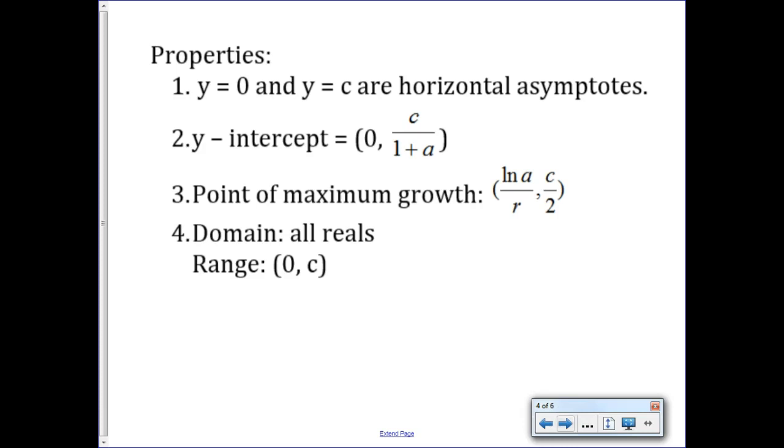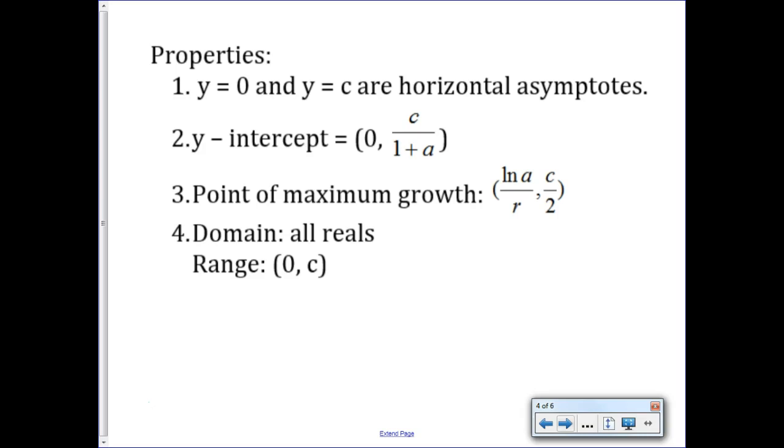So properties that we know: y equals 0 and y equals c are horizontal asymptotes. So notice c was that numerator value. We're always going to be at y equals 0, and then that numerator value are going to be the top and bottom values where everything will occur between. Your y-intercept is 0 and then c over 1 plus a. So no e to the negative rx. We just take that off to find our